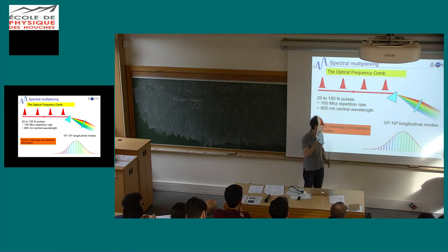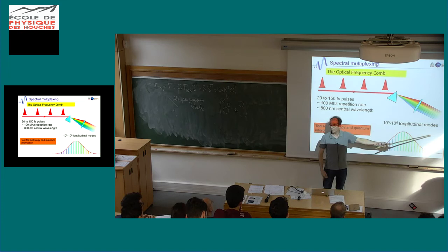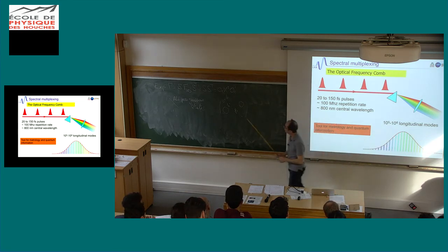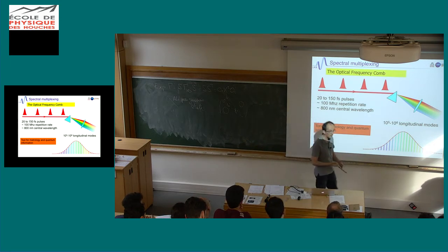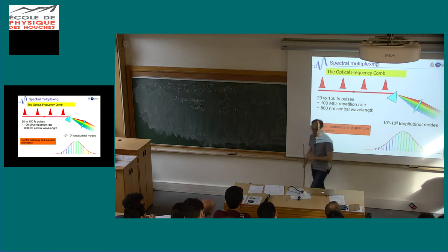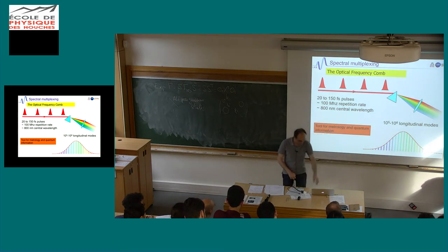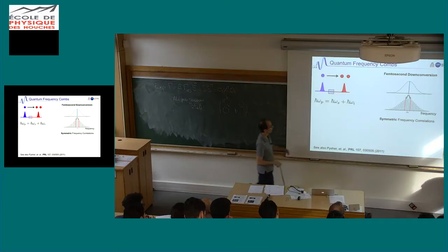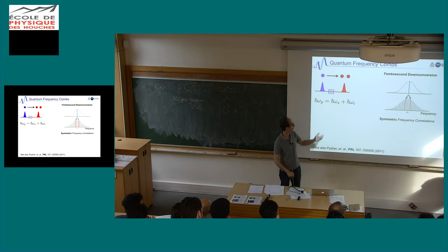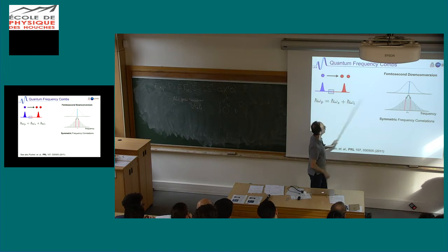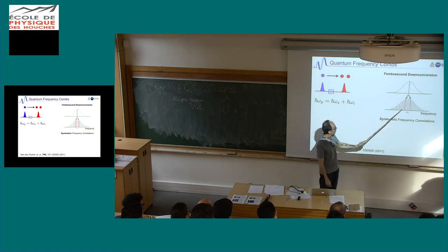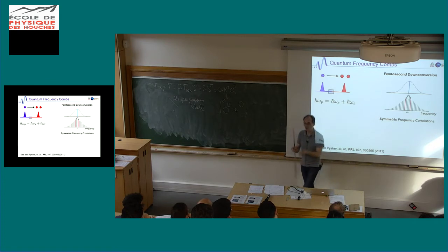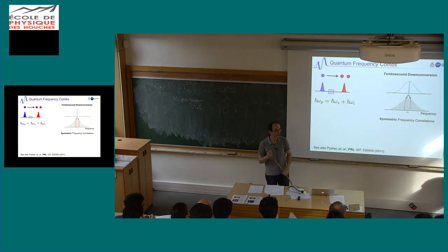But this is nice because all these frequencies are modes. Okay? And so if I manage to play with them through a quadratic Hamiltonian and do basis changes, I can play with a huge space and do a lot of entanglement and so on. So that's the theory. In practice it's not as many modes, but it's really getting there. So then we use parametric down conversion, as I told you. But now it's non-degenerate. If I take a pump photon, at the given frequency of my parametric down conversion, I can generate 2 photons in my output frequency comb. That would be symmetric for energy conservation.